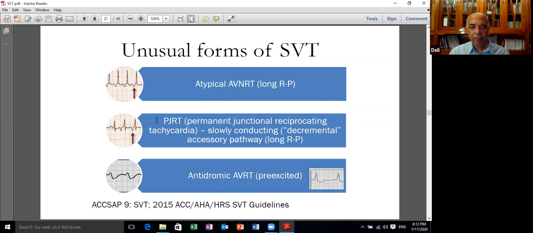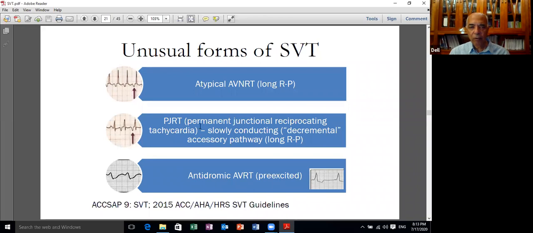Now, with PJRT, or paroxysmal junctional reciprocating tachycardia, as I said, this is an accessory pathway which is slowly conducting, and it's connected between the left ventricle and the left atrium, posterior to the interventricular septum. It shows decremental conduction like the AV node. If you stimulate the ventricle rapidly, then you get weakening of and lack of conduction across this accessory pathway. So this is a Coumel pathway or Coumel-Bennett pathway.